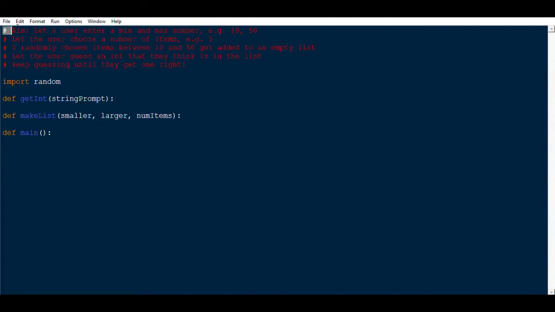So the aim of this program is to let a user enter a minimum and maximum number, we've seen that before, and then also enter another number which represents a number of items. And what happens is a number of randomly chosen items between that minimum and maximum number are added to an empty list. And after this list is created, we let the user keep guessing a number that they think is